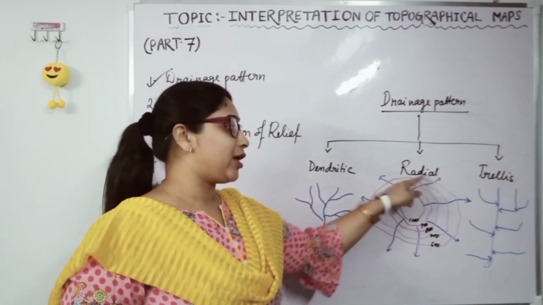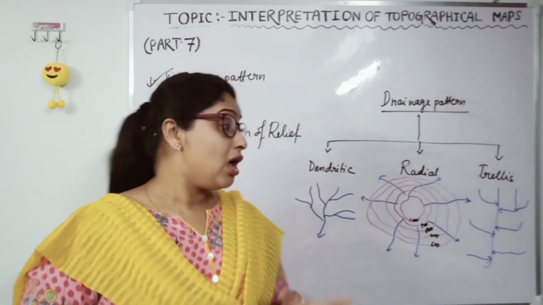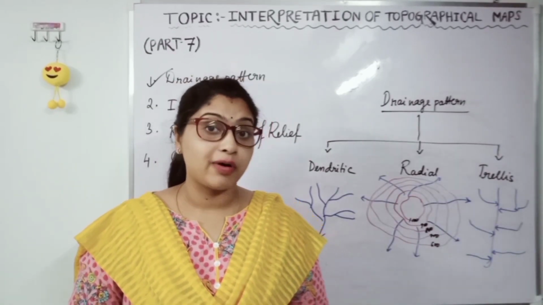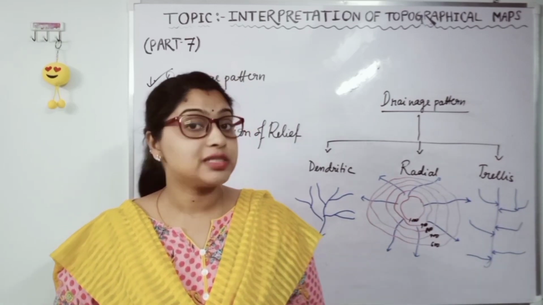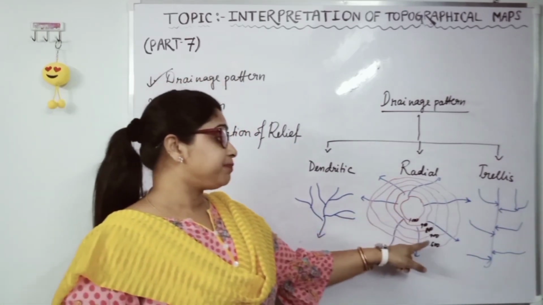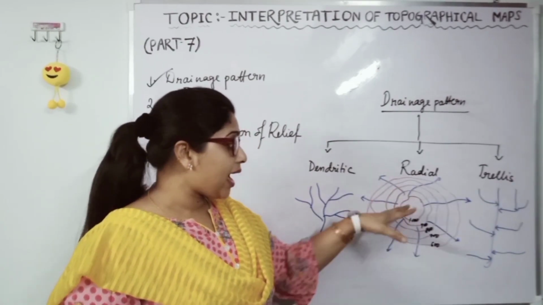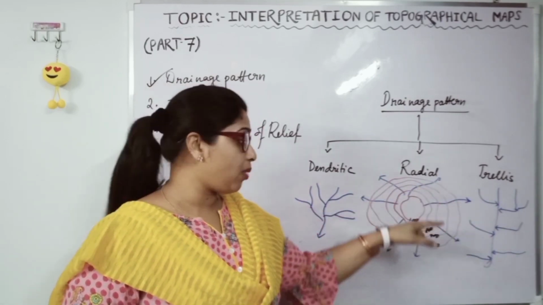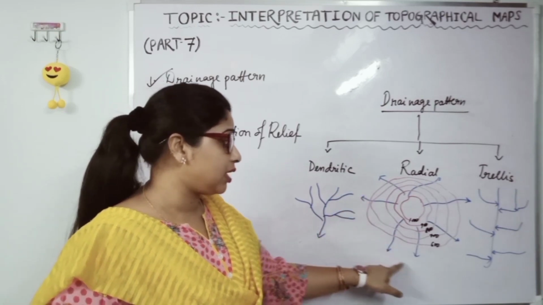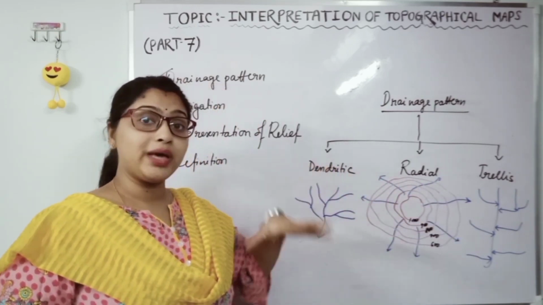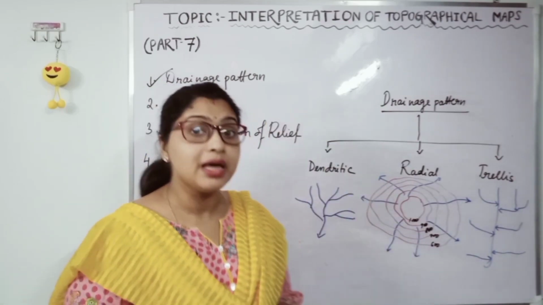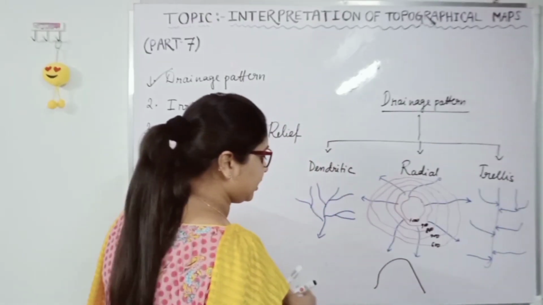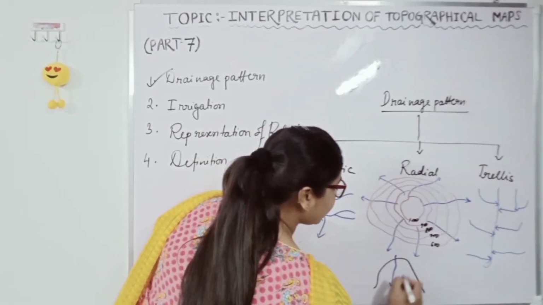but this radial pattern we always see in the highland area where there are so many contours. Contour, you know, means it has some height above sea level, joining the places which have the same height above sea level. Here I have drawn some contours, and see, over that highland the streams are going outward. By seeing the arrows it is very clear they are going outside. It means over the highland they are moving outside. You can also draw it this way. This is the highland, and over this the rivers are moving outside.